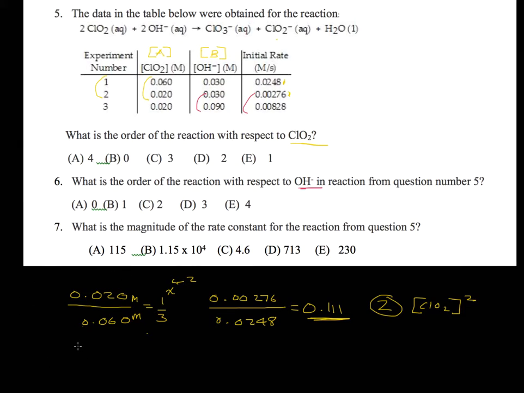So similarly, we're going to do 0.090 divided by 0.030, and that's going to equal 3. And we can do the same over here. And so it's going to be 3 to the x equals